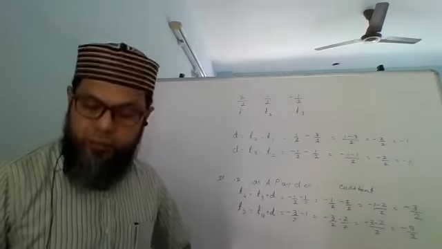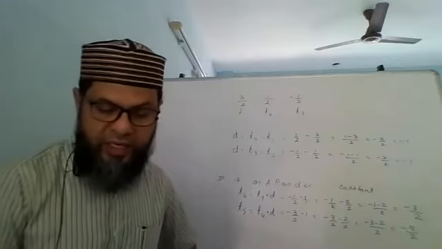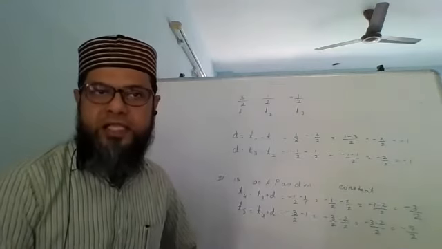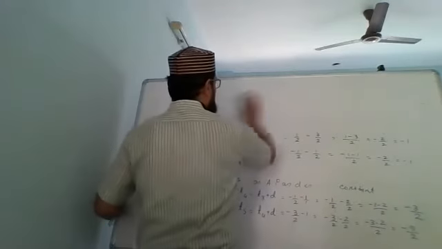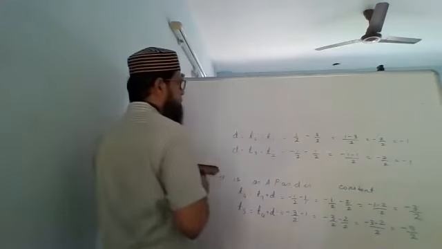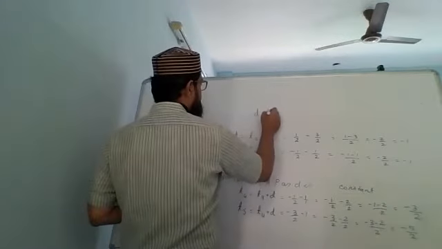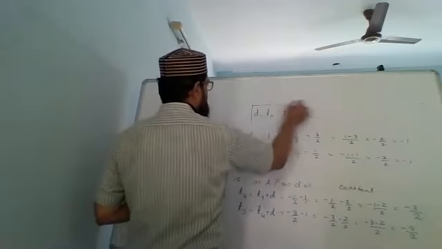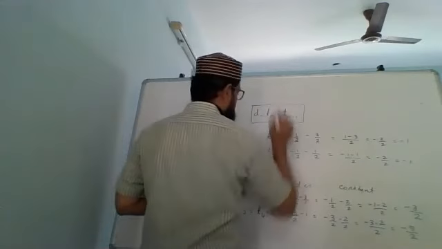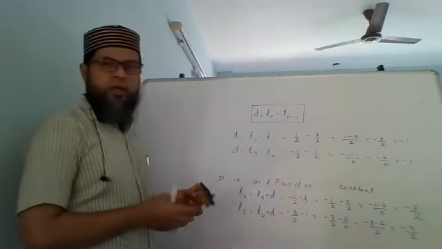Now, going one step further, as I said, there are three formulas in this chapter. One of them we have already seen yesterday. Just for a recap, what was that formula? Anybody? D is equal to Tn minus Tn minus 1. Correct. That was the one that we had seen for D.